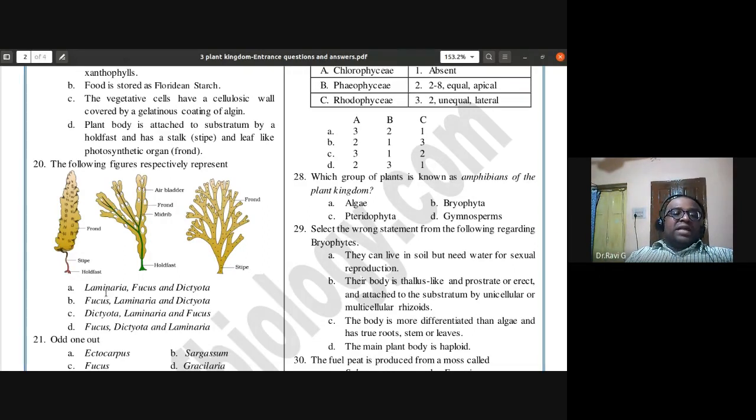So is A Laminaria, B Fucus, and C Dictyota, or is it Fucus, Laminaria, and Dictyota? The right answer for the 20th is A, where the first one is Laminaria, the second one is Fucus, and the third one is Dictyota. So that is the right combination. 20th, A is the answer. So 21st,